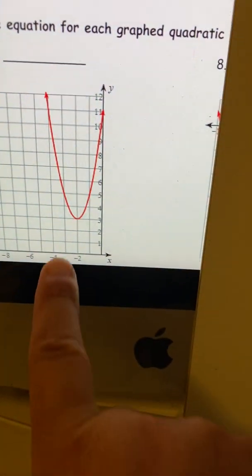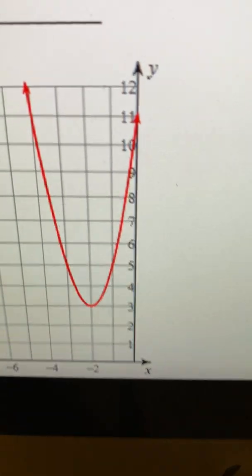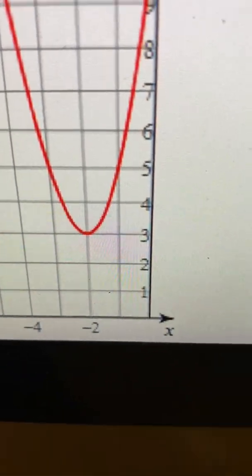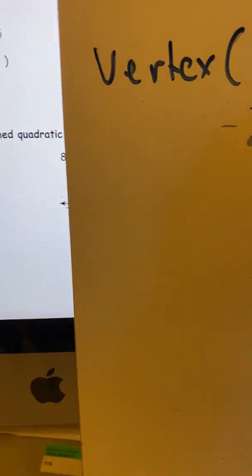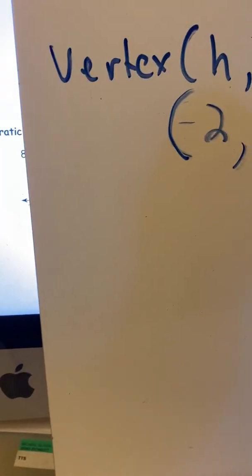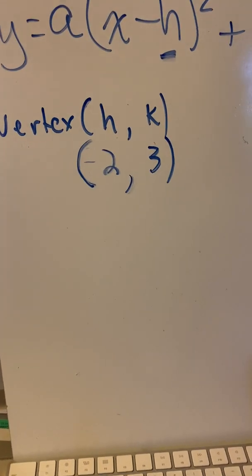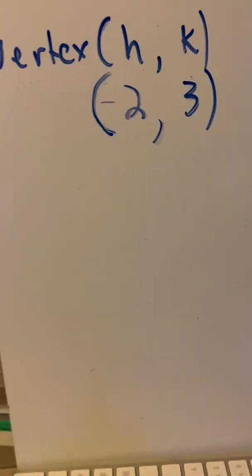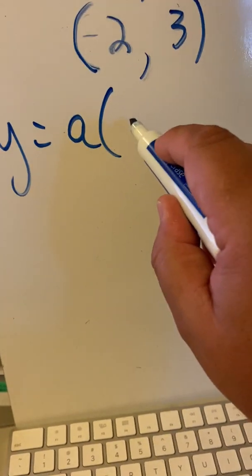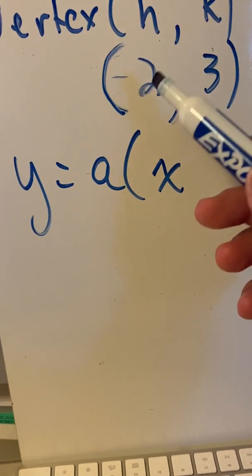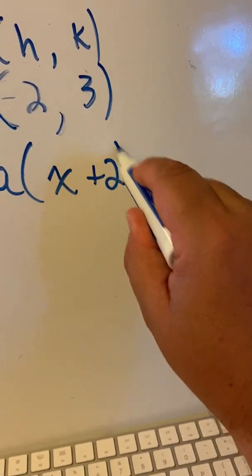Do we see where the vertex is? The vertex is right here, that point right there. What is the ordered pair for that point? Negative 2, positive 3. That's the ordered pair for the vertex. So if I'm going to rewrite this, y is equal to a times the quantity of x minus a negative 2. Minus a negative 2 turns into a plus 2, squared,